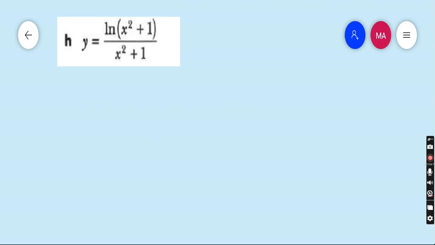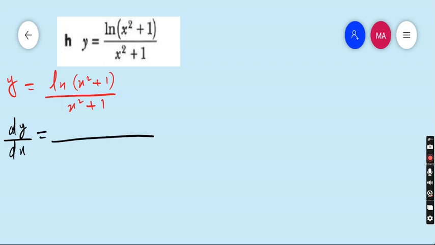This is part H. y = ln(x² + 1)/(x² + 1). So for dy/dx